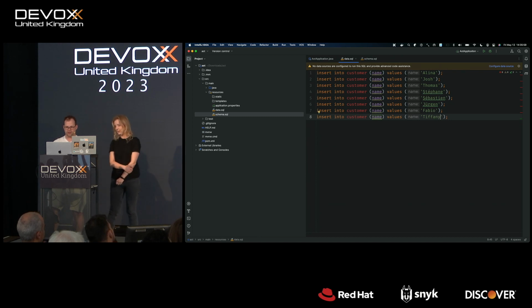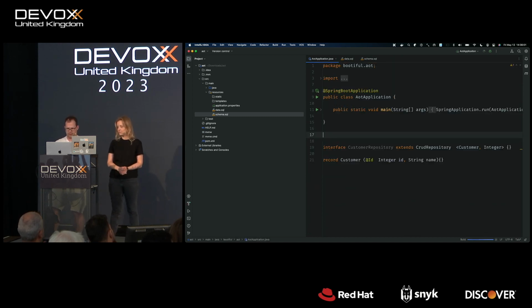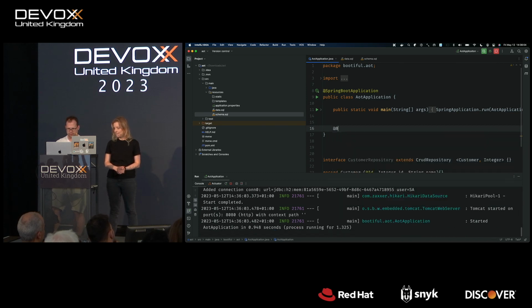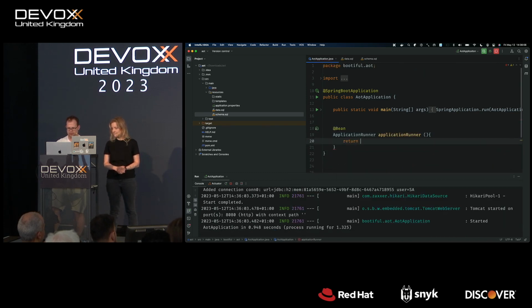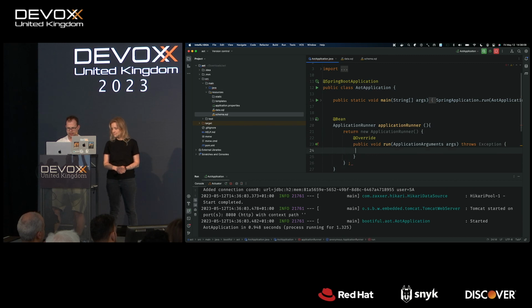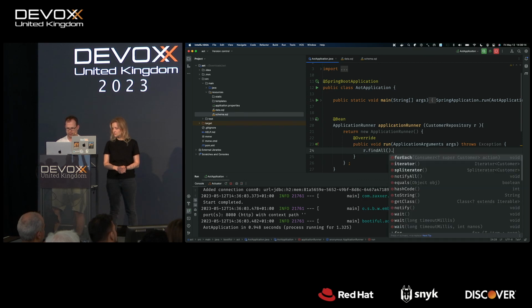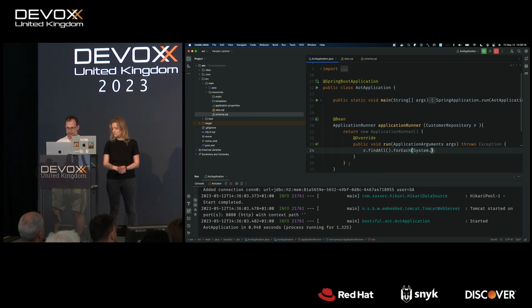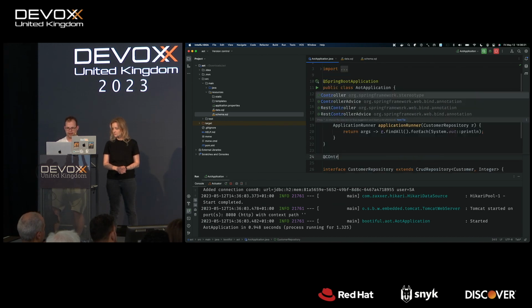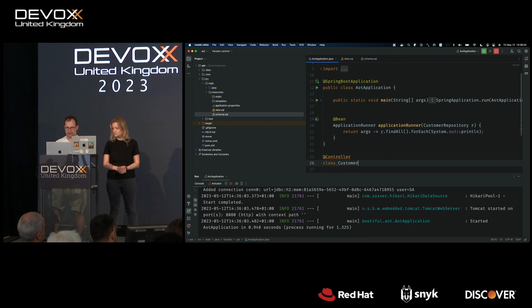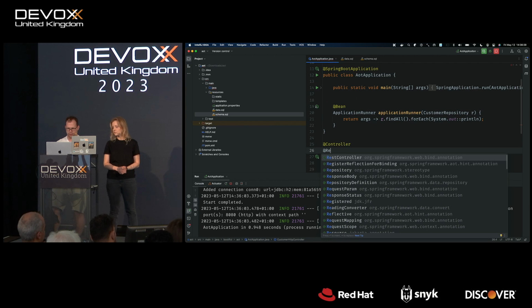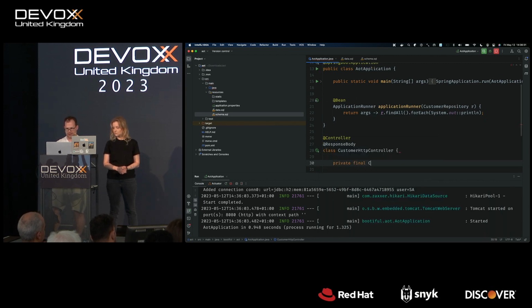Okay, good. So there's just a regular thing, not special, just a regular Spring Boot app. I'm just running it as we go here. Return new application. Okay, and we're going to use this repository, r.findAll().forEach(System.out::println). Okay, good. And what else? I guess a regular HTTP controller using Spring and the servlet API or the reactive support there. So, either thing works just fine. Again, stock standard stuff. Looks like anything you've written in the last several years using Spring.